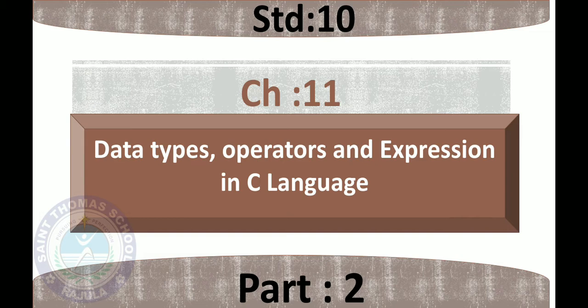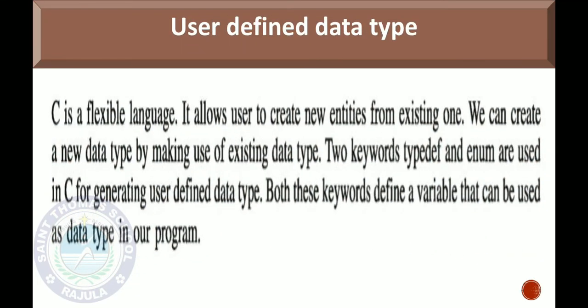So now we will move forward in our chapter. Which were the basic data types in C language? Three data types we have discussed as basic data types: integer, character and float. Now in this chapter we will discuss more about the data types. Those data types we have discussed are the inbuilt data types. So let's move forward.